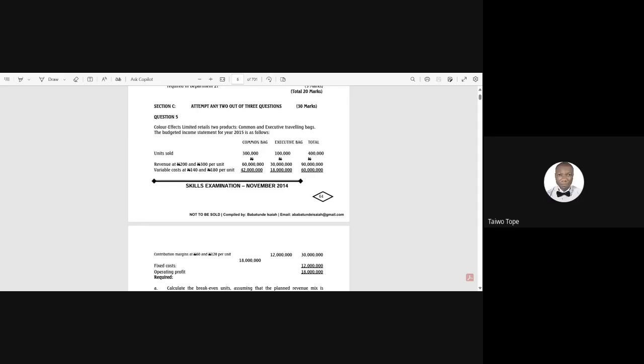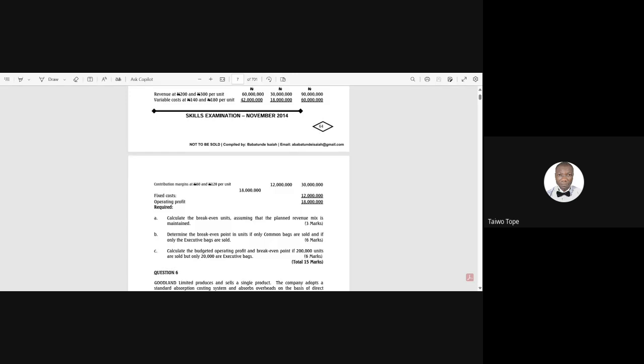You can get it per unit too. For common bag, 200 minus 140 is 60. And 300 less 180 is 120. So your fixed cost is a joint cost common to both, and your contribution less fixed cost gives you profit. Fine. The question is now asking us, calculate the break-even